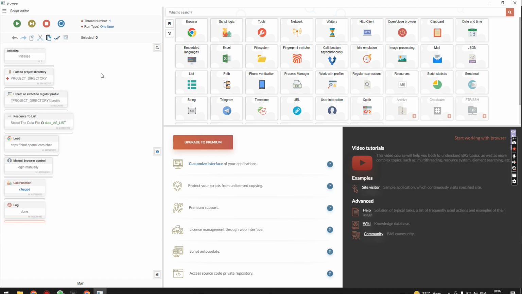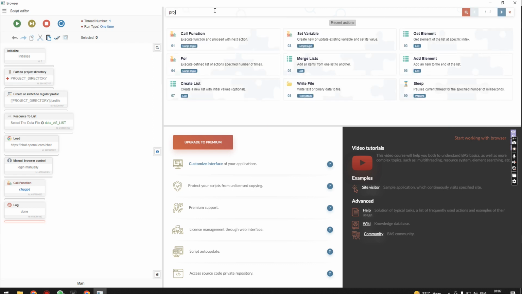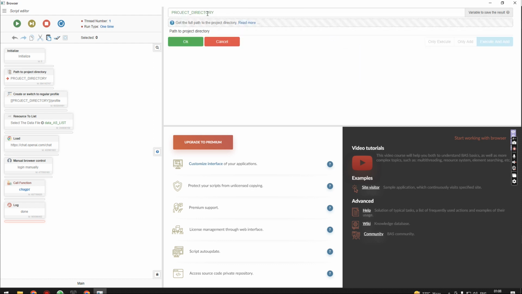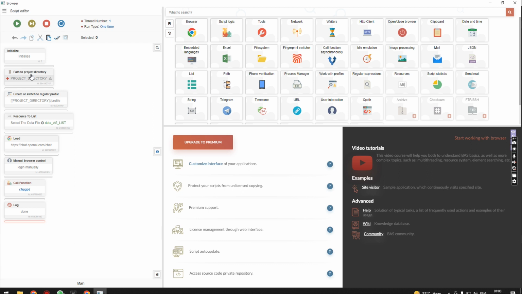Okay, the first command that I use is the project directory. Project directory is the command that is used to specify the location where the bot will find the input files. Okay, the path to the project directory is the command. You don't have to give any variable name here. You can leave it as it is and click OK. So it will become